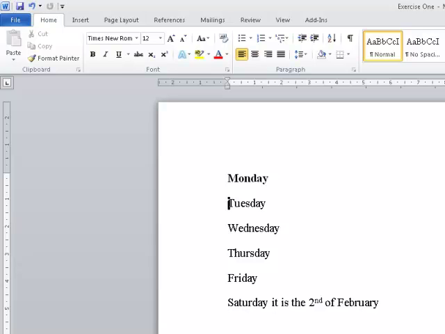So remember, we hold down the Shift key and use the right arrow key at the same time. Listen. T selected. U selected. E selected. S selected. D selected. A selected. Y selected. Now, to use the ribbons this time on the Microsoft Word 2010 version, remember in our